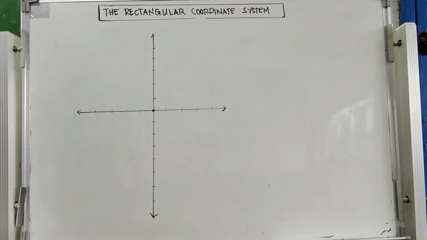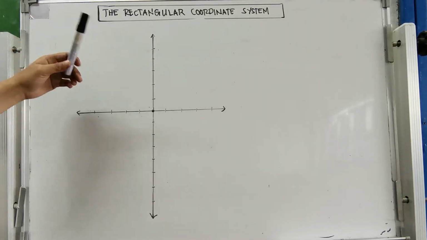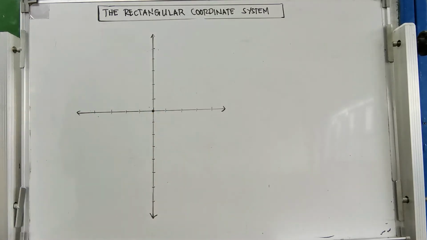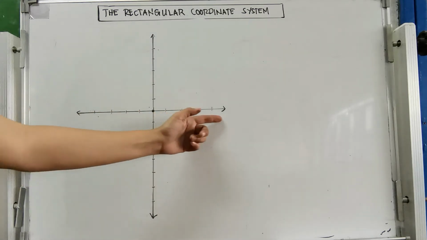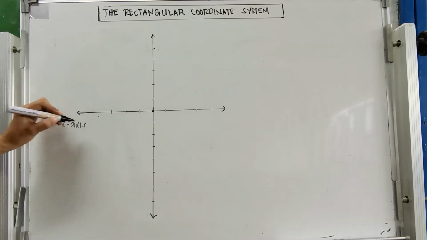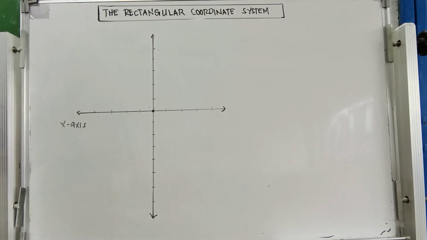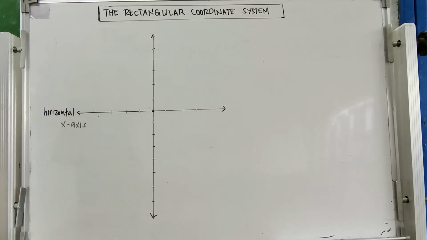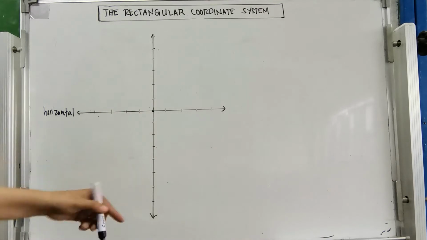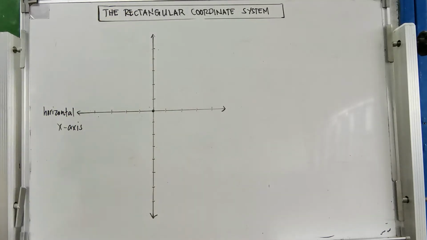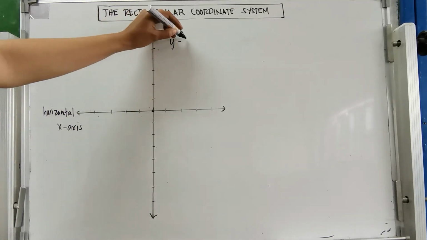Now let us discuss the different parts of the rectangular coordinate system. So una, since it is made up of two intersecting lines, i-identify natin ano ba yung two lines na yon. So we have here the horizontal line. So tinatawag natin yan na x-axis. Or yan yung horizontal line. Next, we have also the vertical line. So yung vertical line naman natin, yan yung tinatawag natin na y-axis